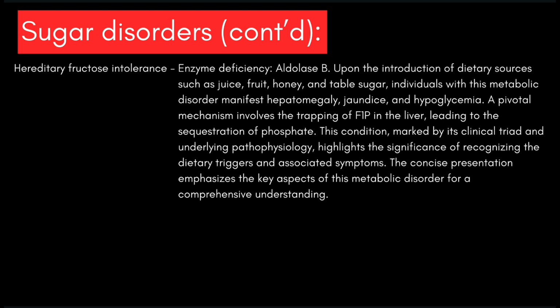The main enzyme deficiency observed here is with aldolase B. Upon the introduction of dietary sources such as juice, fruit, honey, and table sugar, individuals with this metabolic disorder manifest hepatomegaly, jaundice, and hypoglycemia. A pivotal mechanism involves the trapping of fructose 1-phosphate in the liver, leading to the sequestration